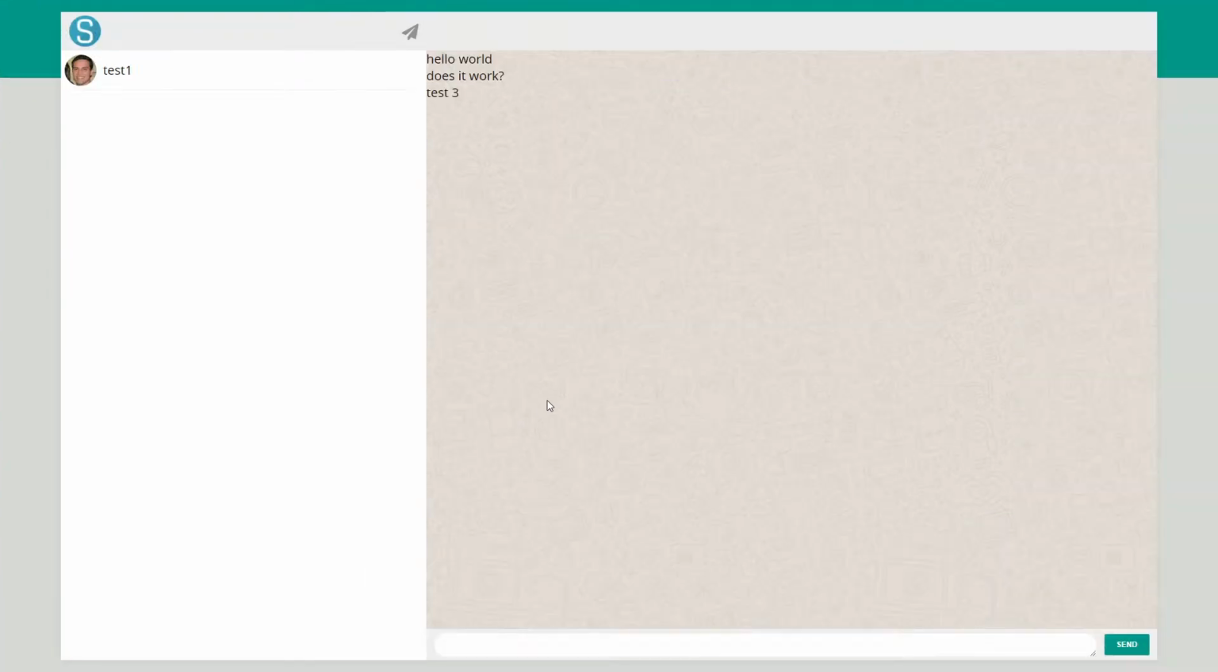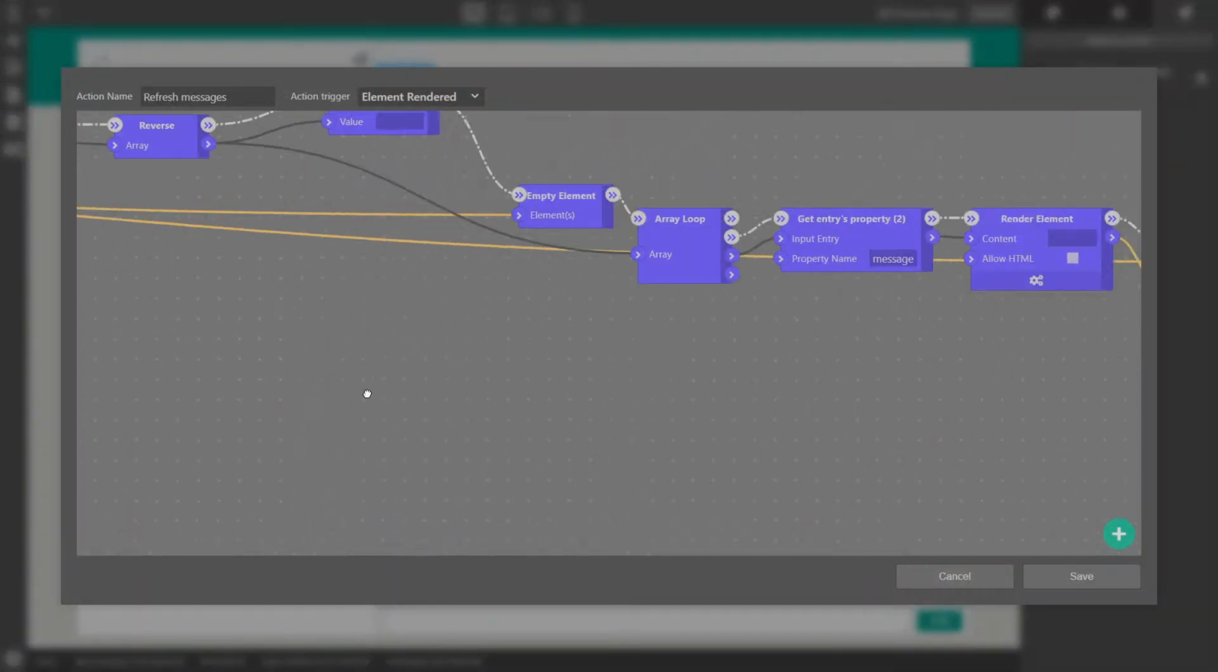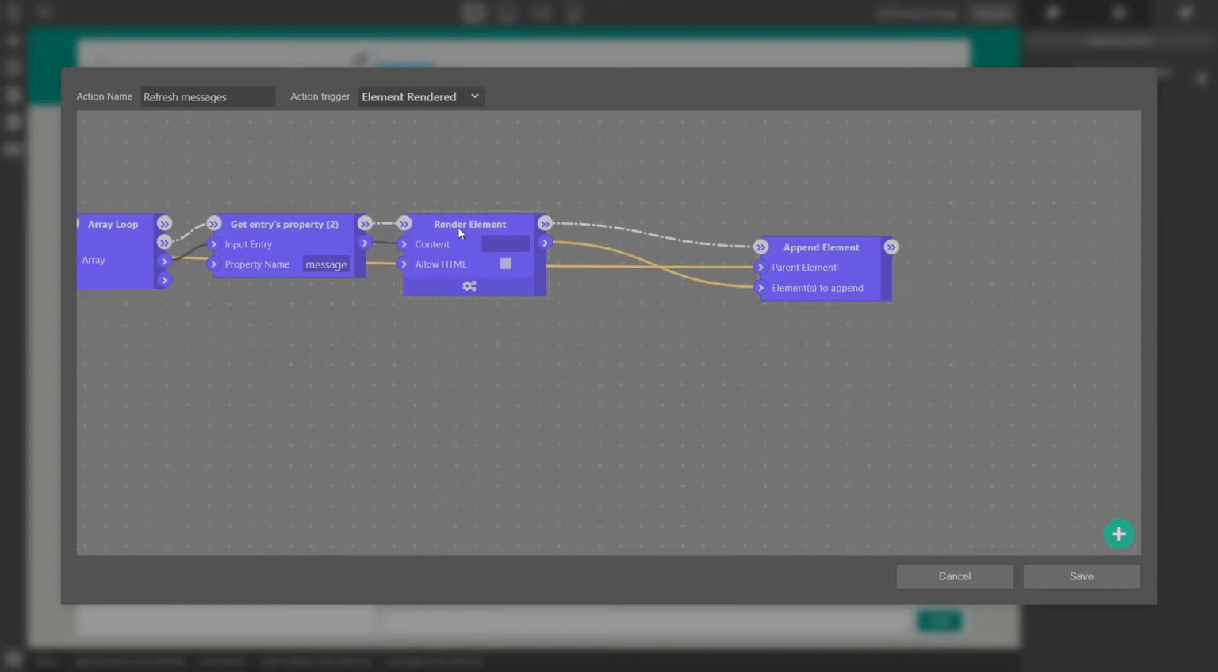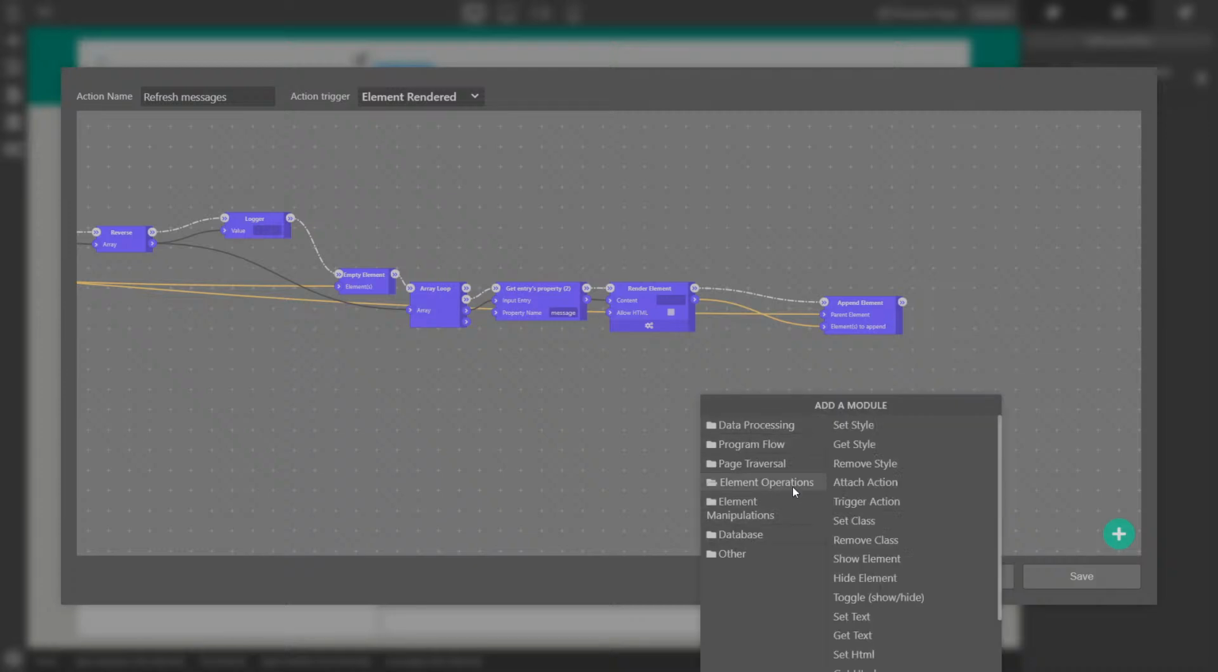And let's look at what we have so far. So we refresh the page and we need to click on this. It's gonna refresh the list of elements. And of course it doesn't work because we did not assign the classes to these div text elements. So what we're gonna do is go to the refresh messages action, and here this element we need to add a class to this element, and that class is going to depend on whether the message is coming from me or from my friend. So element operations, I'm going to add a class,